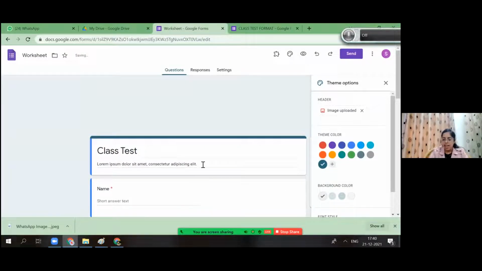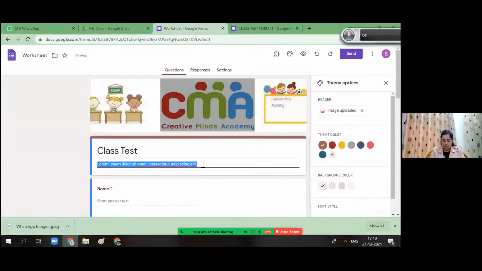And here I can give the detail, like this class test is for Creative Mind Academy. You can give any detail you want, like this class test could be for English, Hindi, maths. You can change the color theme according to your wish.